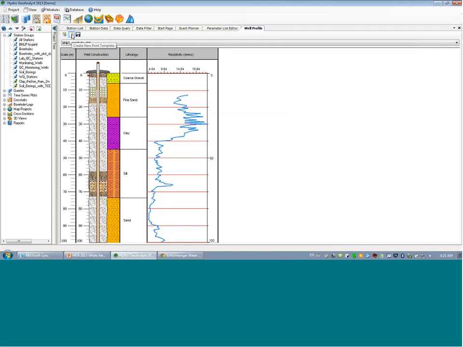When you create a template, you do need to start with a base, and you want to add a query of information from the database that you want to pull for each station that you're going to create a borehole for. So what I've done here is I've generated a query, or